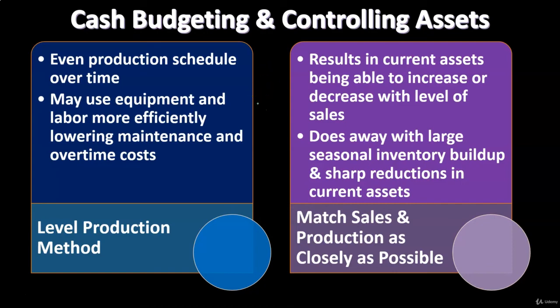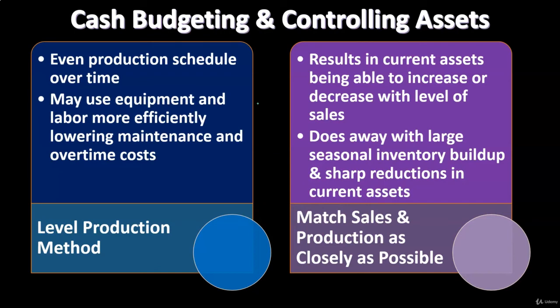Now, the downside to a method like that, of course, is that you can have inventory buildup during the low times of the seasonal production. Again, there's some plus to that. That could be good because the inventory buildup that you might have will make it less likely that, if there's a spike in sales, you won't be able to meet that spike. So that's good. But you also have to hold the inventory, and you might have to finance the inventory. So it's going to cost to hold it, to maintain the inventory levels, and you also have to finance it because inventory is an asset. Accounting equation: assets equal liabilities plus equity. So you might have to be financing that asset buildup, the production of the inventory, possibly with debt.